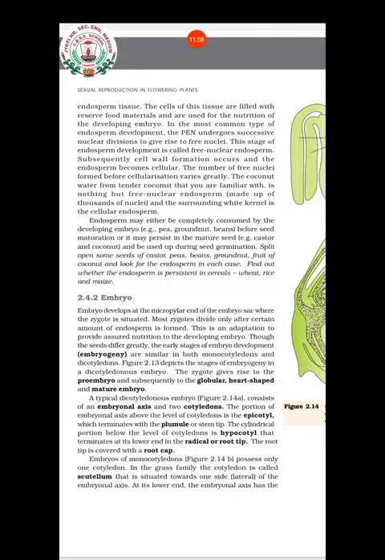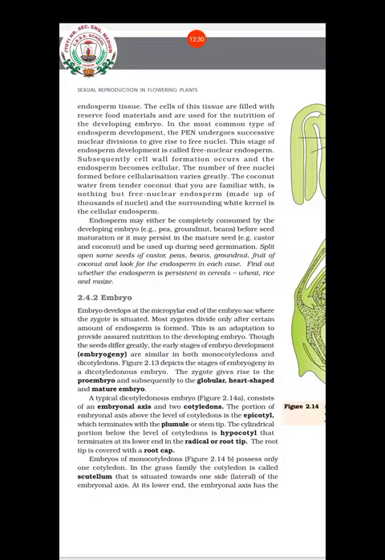Usually, when any cell division happens, first the nucleus divides and it will be followed by cytoplasmic division, isn't it? Cell wall or cell membrane will divide the parental cell into 2. So here that will not happen, in which type? In free nuclear endosperm development type. Okay, only the nucleus will divide continuously, and that will form a free nuclear condition.